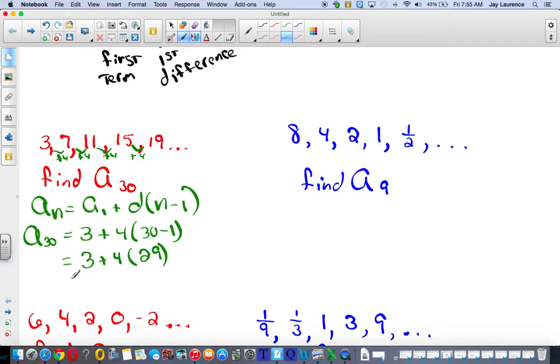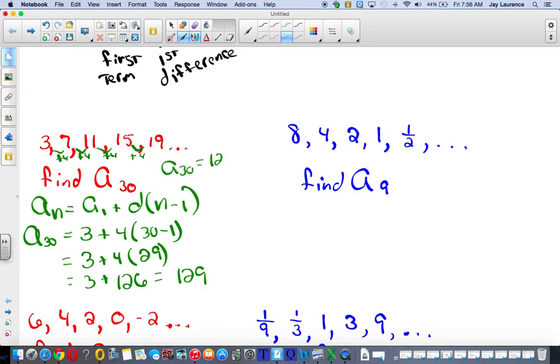Now I have to multiply. So I have 3 plus 4 times 29. Well, 4 times 30 would be 120, minus 4, I think it's going to be 116. Yeah, 116. And then 3 plus 116 is going to be 119. So that means that a sub 30